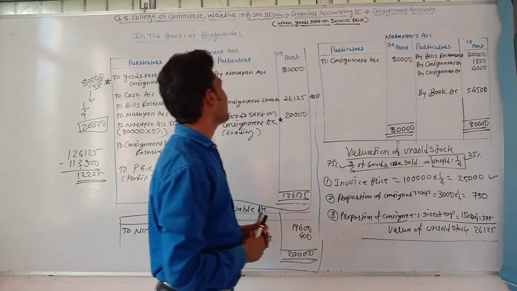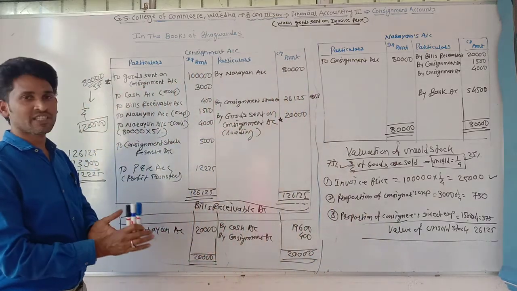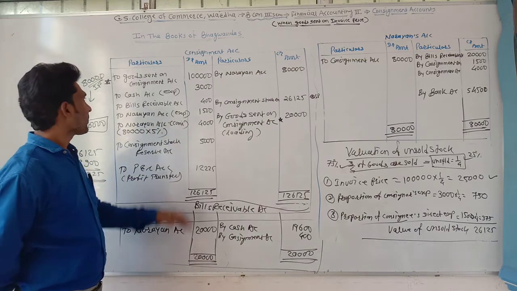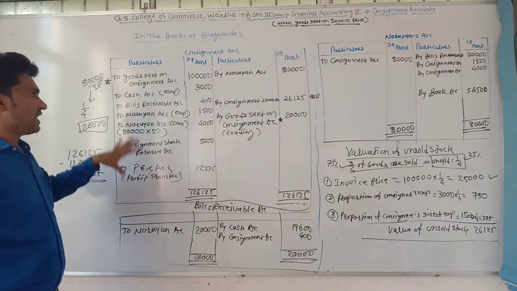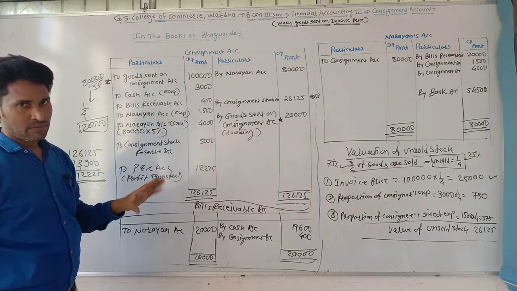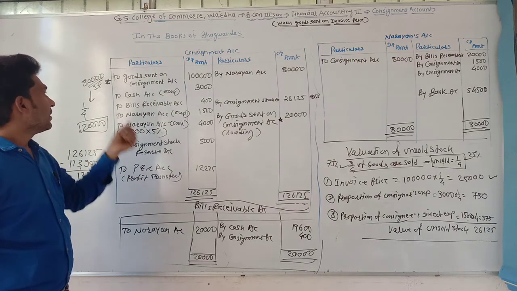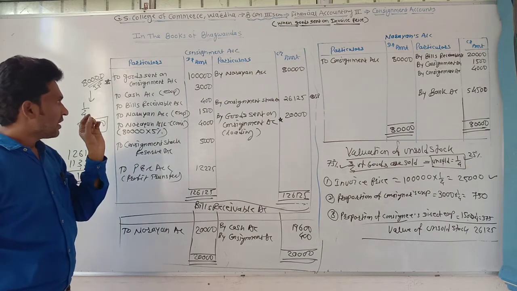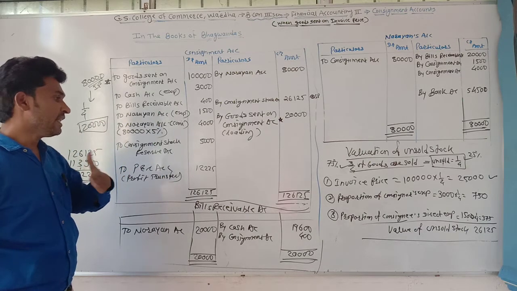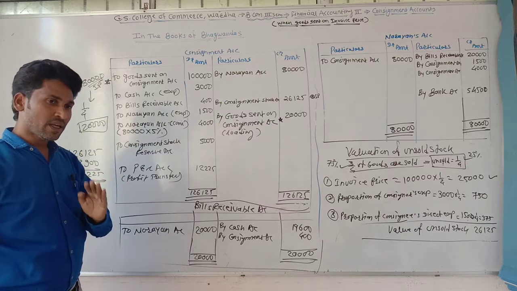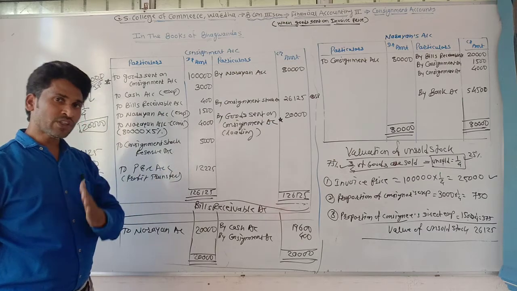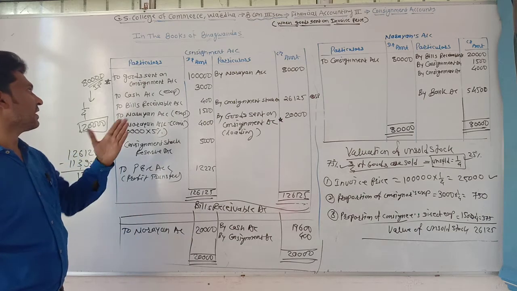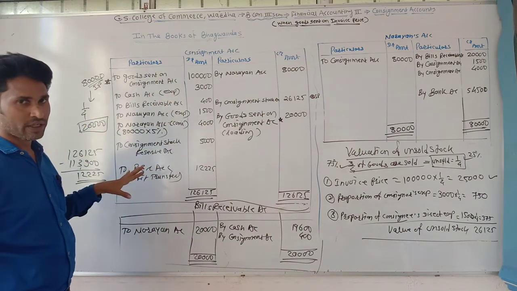Okay. This is the example. This is the first example when the consignor sends the goods on invoice price. Okay. All the financial records are the same, but the little difference is that when the consignor sends the goods, at that time it writes in the invoice pro forma just the extra amount, and whichever amount is shown in the invoice pro forma is written in the financial record.